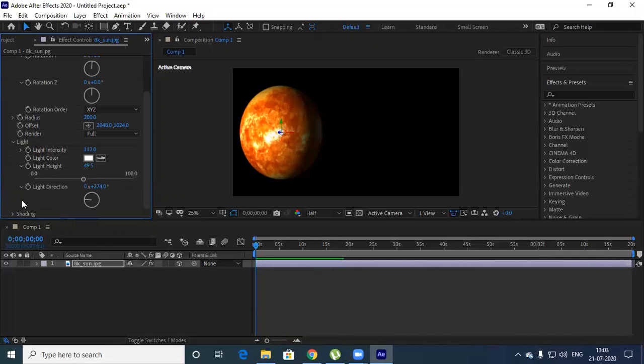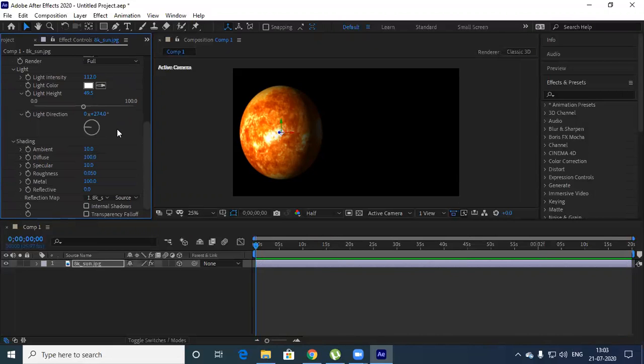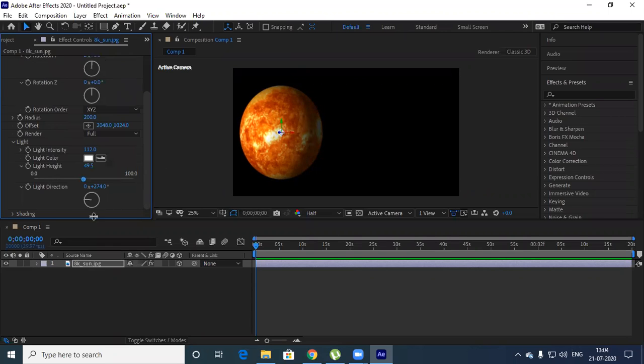Meanwhile, you have shading options also: ambient, diffuse, specular. Ambient is nothing but you are able to see the texture completely like that. Diffuse you can reduce or increase. Then you have specularity. You know what specular is, right? How much specularity is required, the shininess. Fine, I have done minimal changes to this.